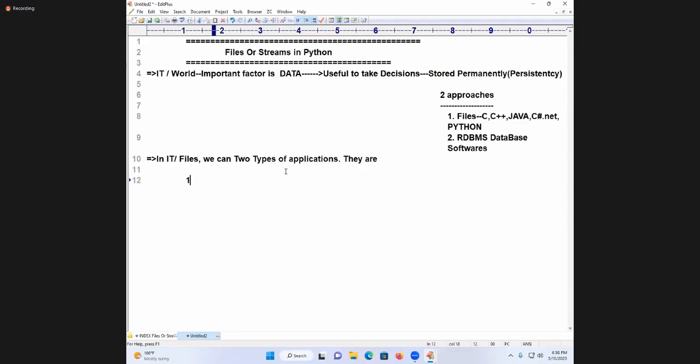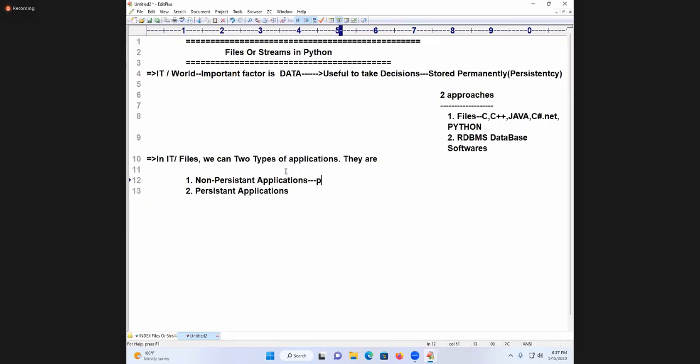Number one, non-persistent applications. And the second one is persistent applications. Two types of applications we are developing. What do you mean by non-persistent applications?